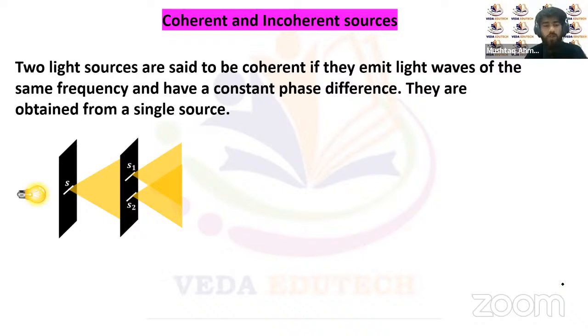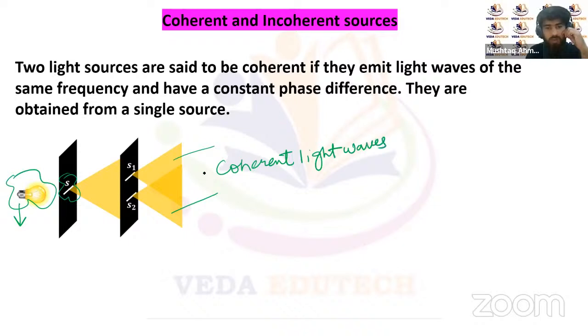You can see in this picture, this is the bulb here. The light waves from this bulb enter the slit S1 before this becomes the source of the light waves. Then the division of the wavefronts takes place between S1 and S2. But they are from the same source, so they will have the same frequency with a constant phase difference. These two light waves are coherent in nature.